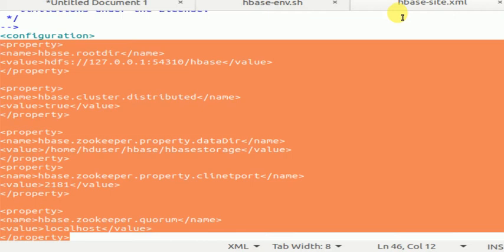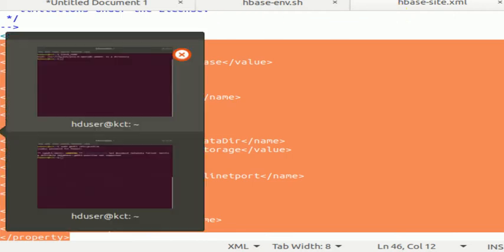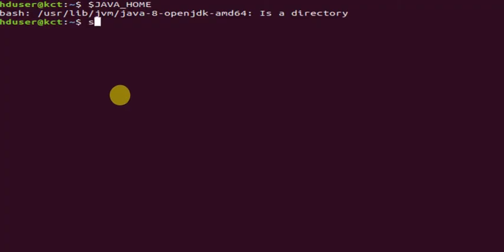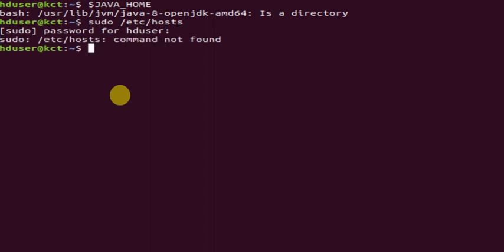And one more, you have to ensure this configuration: sudo, etc/hosts.